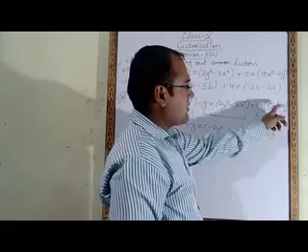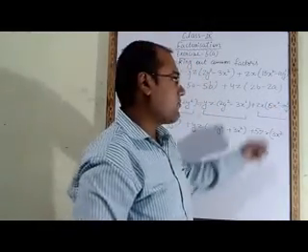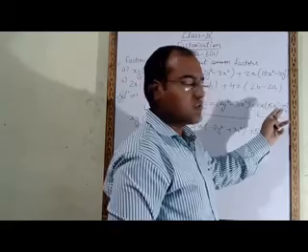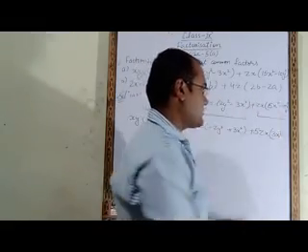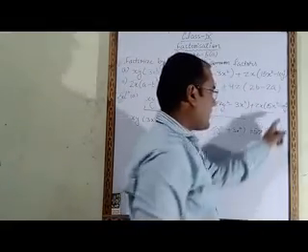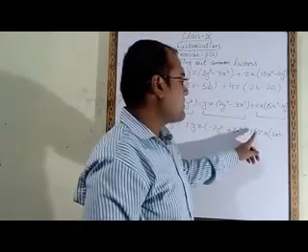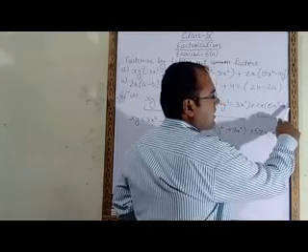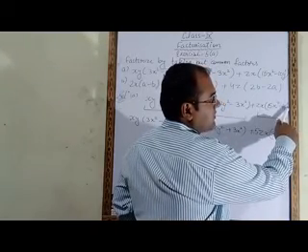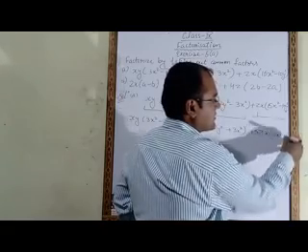X square as it is we have to write, because common we had taken from 15 and 10. So that's why x square we have to write as it is, minus 10. But how much we have taken common? 5 we have taken common. 5 2s are 10. So remaining number is 2. So 2 we have to write here. And one more alphabet is coming, y square. That y square we have to write as it is at last.